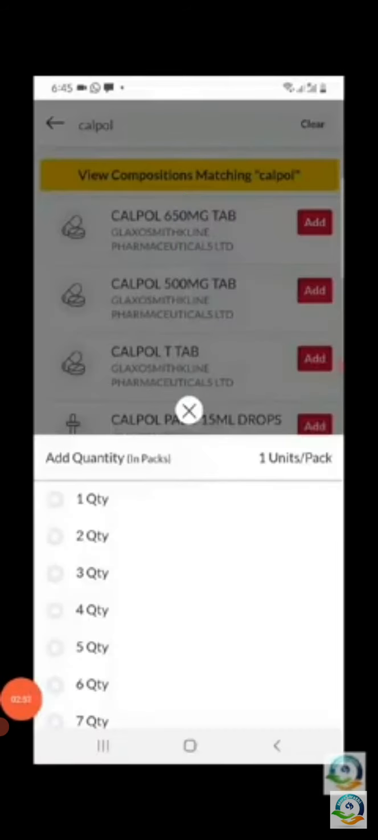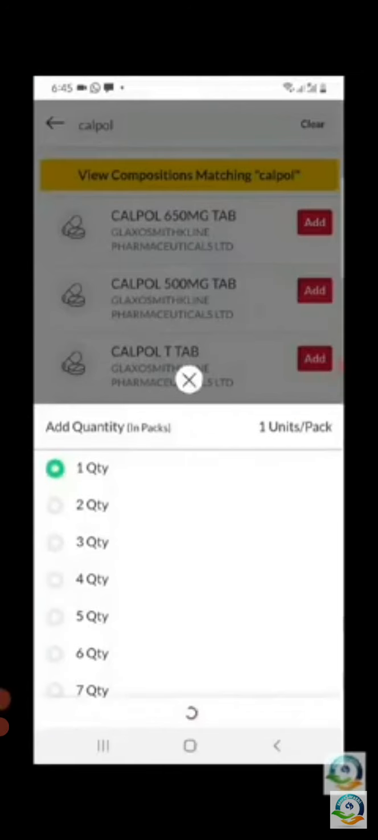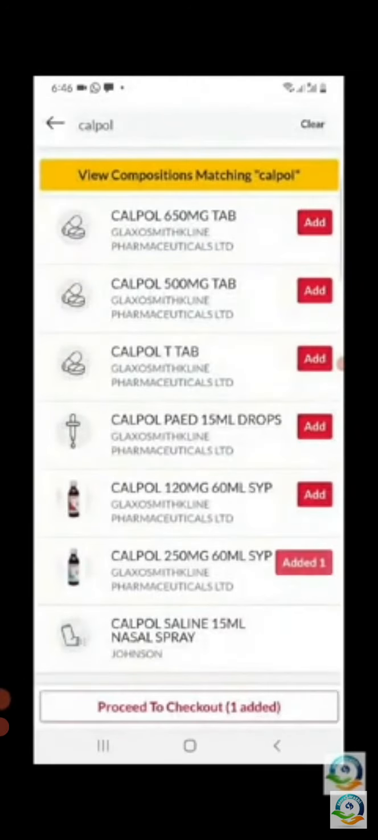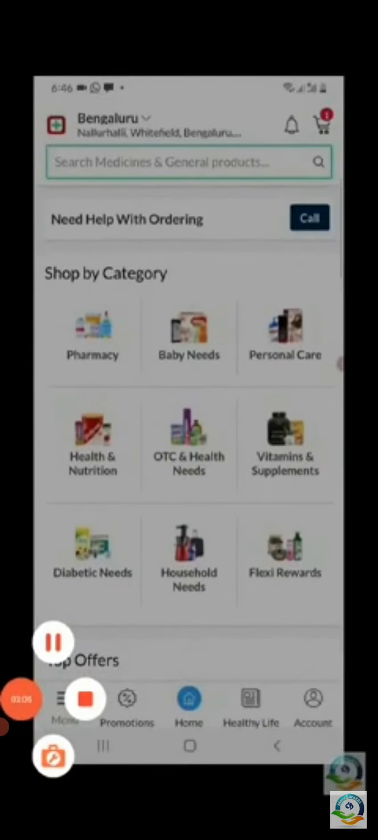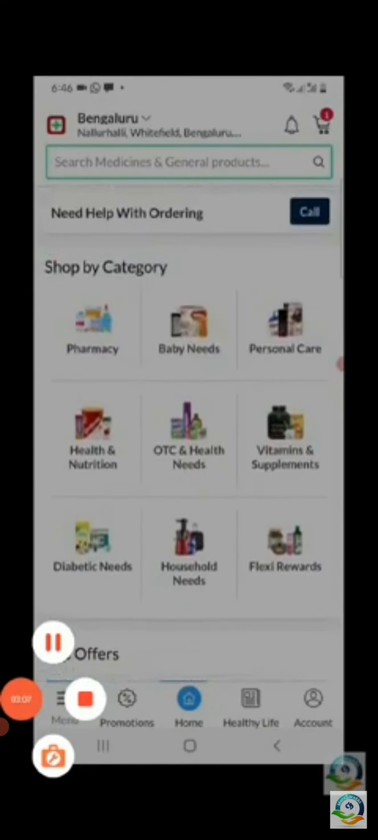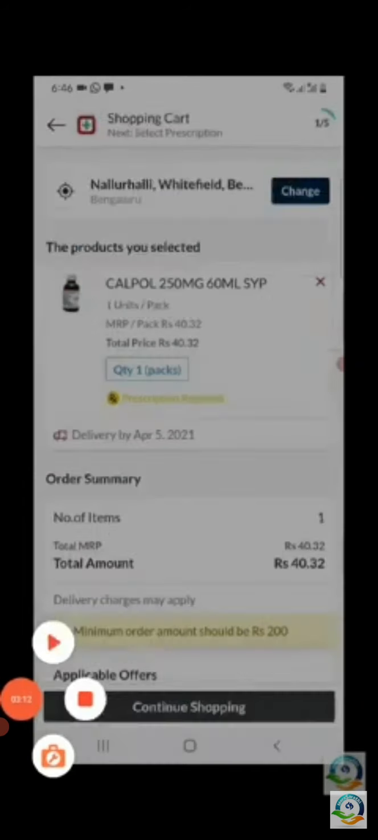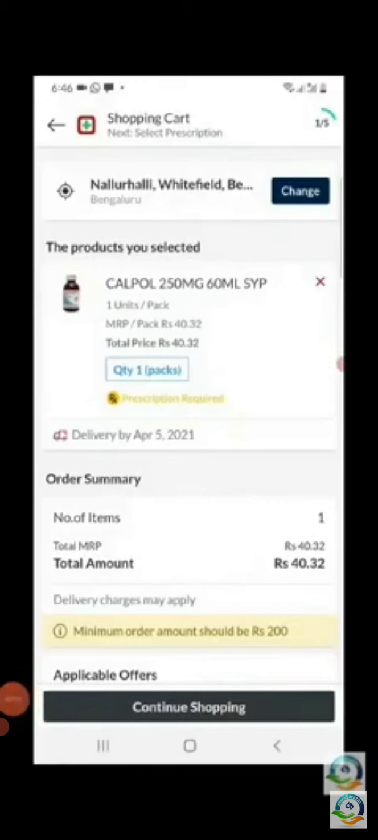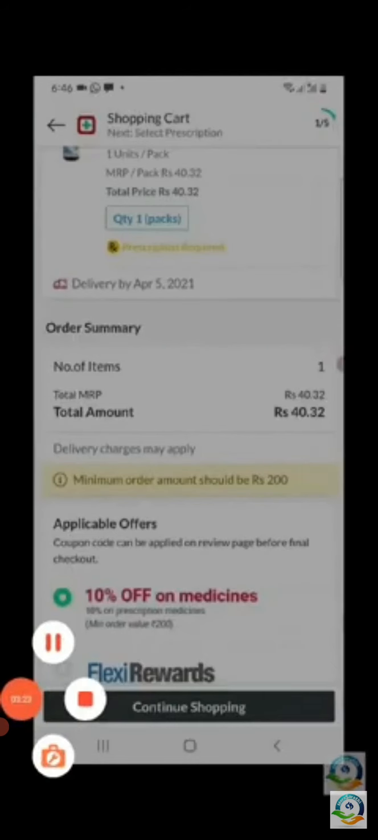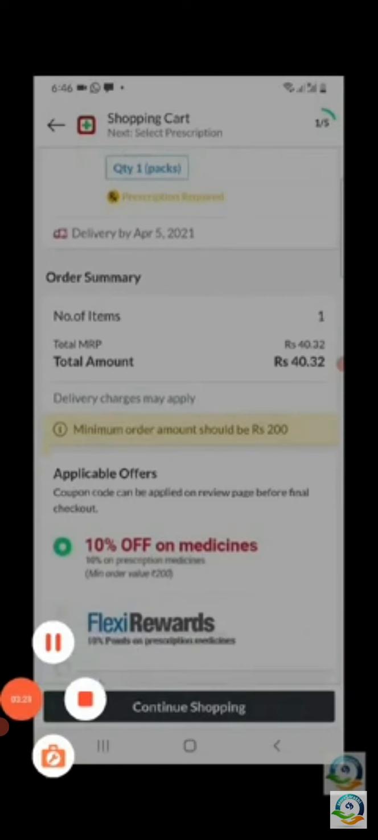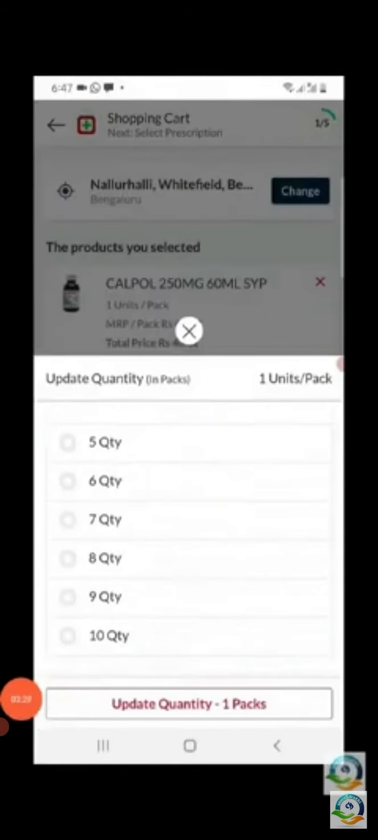Okay. So when I add it to the cart, it asks me what is the quantity, how much I want. So right now let's go for one. So I have added it, but yes, there is a minimum amount required here. The minimum amount for MedPlus is 200. If you add more than 200 rupees of products, then only you can go ahead for the delivery. So now I have added Calpol here as one packet, and I will try to add some other options